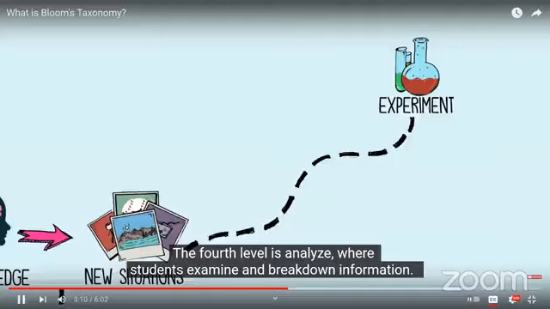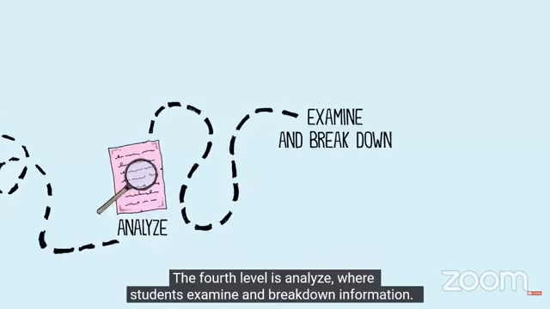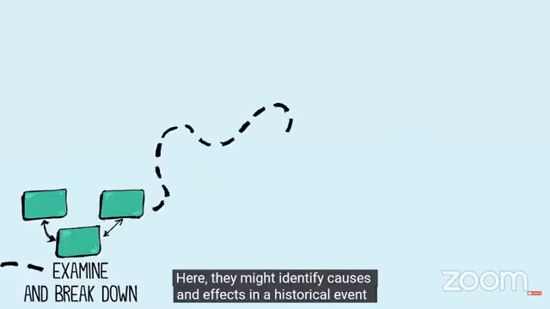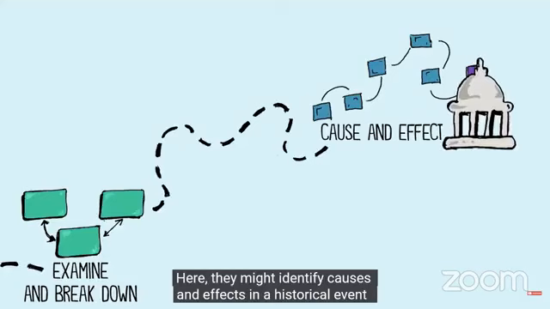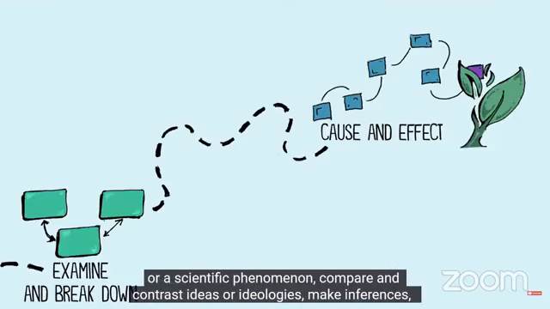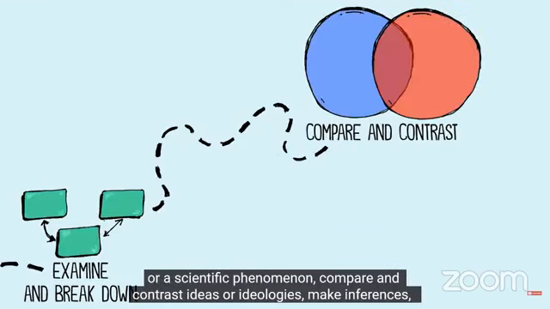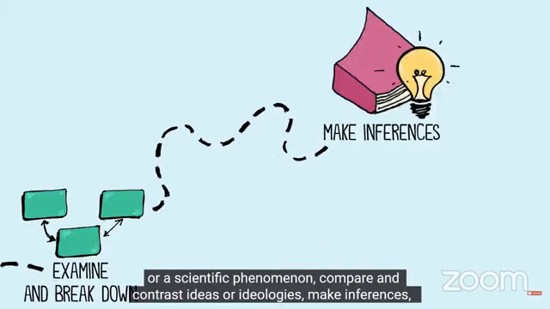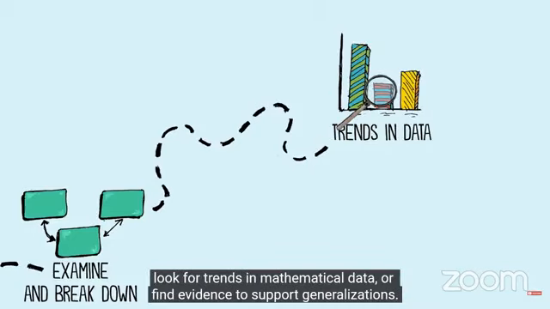The fourth level is analyze, where students examine and break down the information. Here they might identify causes and effects in a historical event or a scientific phenomenon. They might compare and contrast ideas or ideologies, make inferences, look for trends in mathematical data, or find evidence to